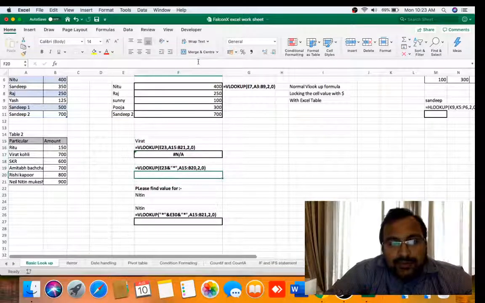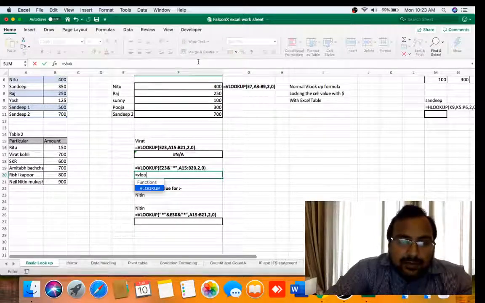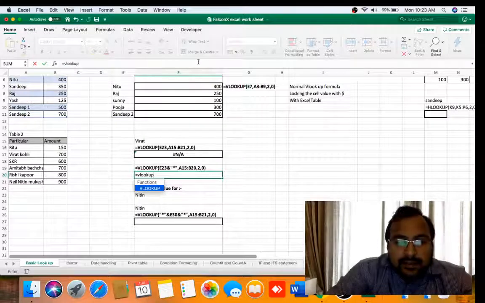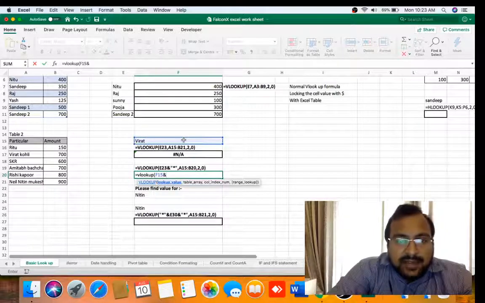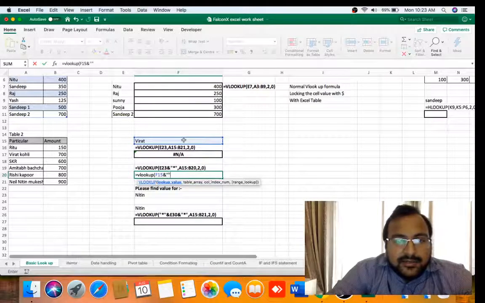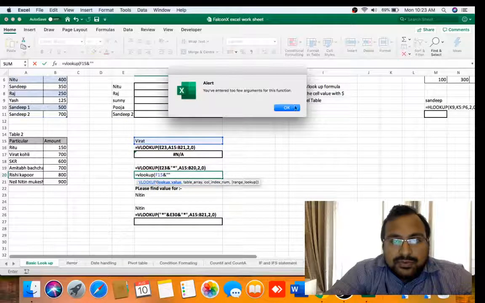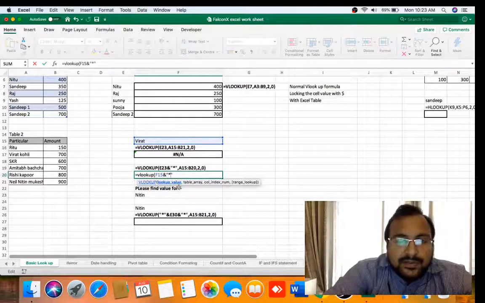So here we will use a wildcard in Excel, and the formula goes like this: equal to VLOOKUP. First the Virat value we have, then we will use the and sign. We are using the and sign because in Excel the and sign stands for concatenation, and then in inverted commas we will use an asterisk.